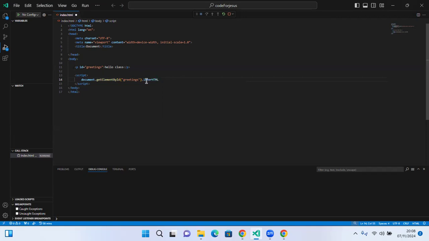Then we can change it to whatever we want. So instead of hello class, we can change it to hello code for Jesus students. When I save this and come back to my browser, my preview now, you can